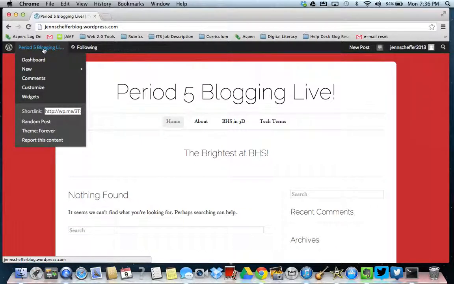So up here is going to be the name of your blog, and this drop-down menu is where you're going to make a lot of your edits. So you really want to get familiar with the dashboard, because this is where you're going to make all your changes and add your content and customize your blog. So we're going to click on Dashboard,